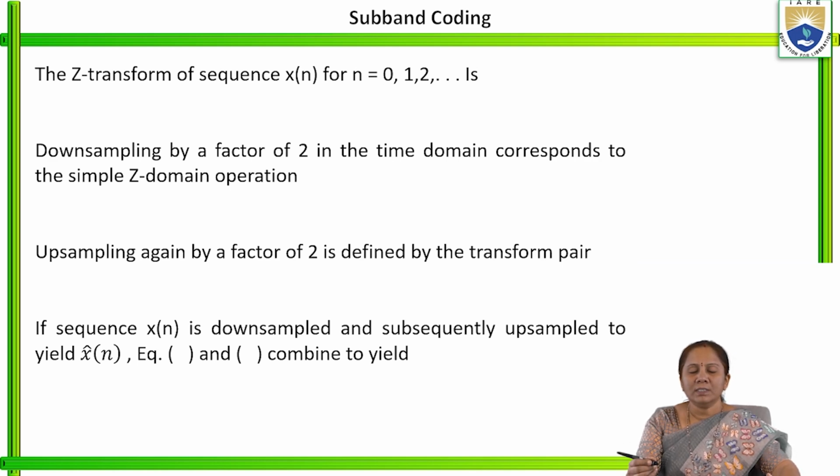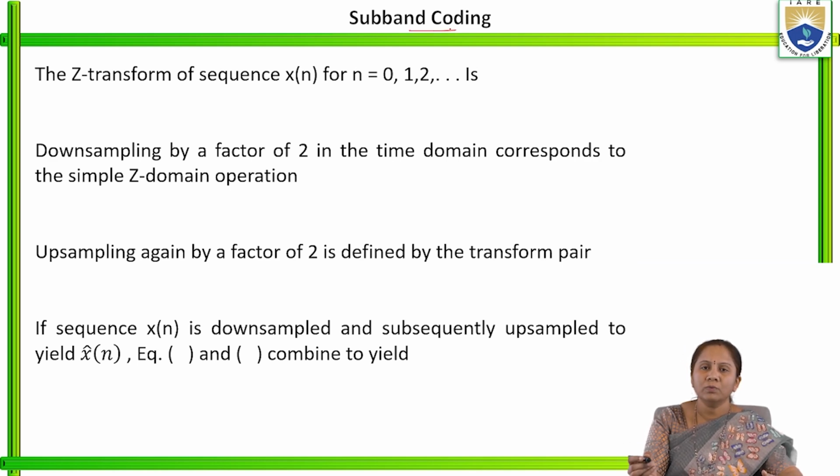Now let us see the mathematical analysis related to this subband coding. Here we have considered x of n as the input image, and h of n and g of n are the filters. Initially x of n has to pass through all the filters. During that, downsampling and upsampling are applied. Then the outputs of each subband will be combined, and the output we get is x cap of n. So for this entire concept, we are going to apply some mathematical analysis.